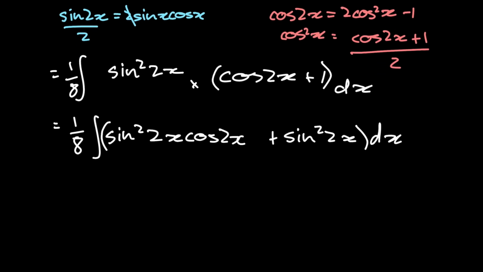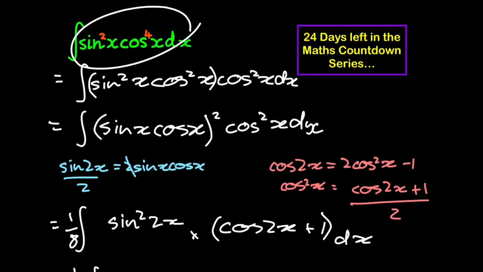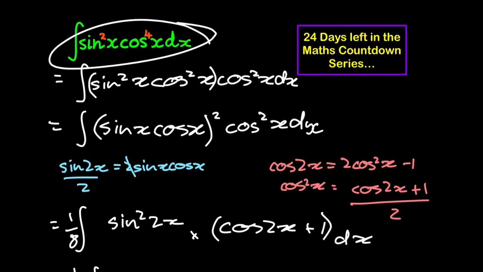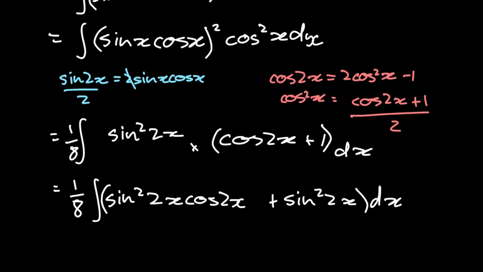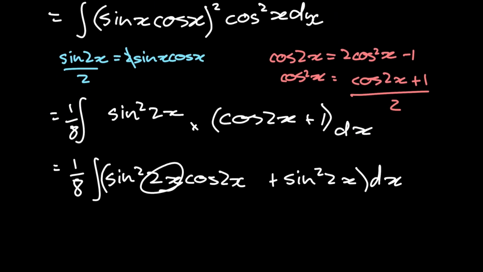And I'm sure you can already see that this is going to be much easier to solve than our initial integral, or than if we had to have made a substitution for some other identity right at the start. Okay, and another important thing to note is we have our arguments are all 2x. Now it's particularly useful over here, but it's not necessarily beneficial that this sine squared of 2x has the same